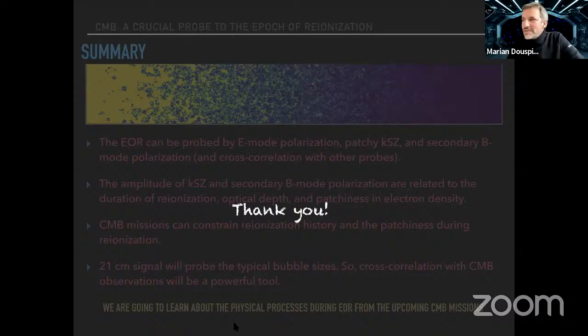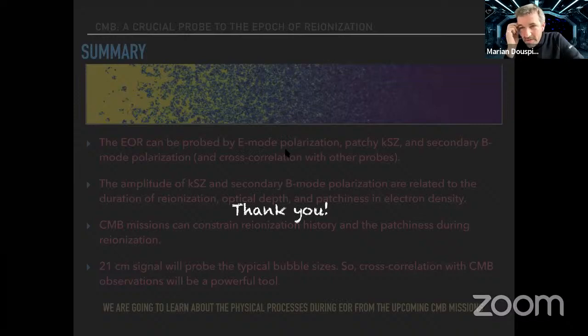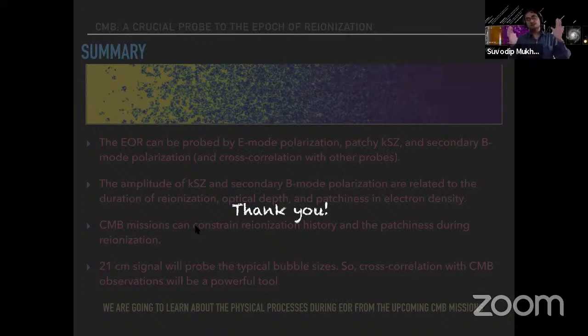There's at least one question on the Zoom, just about the definition of your delta z. How do you define delta z? Oh, okay. Sorry about that. It is measured from when the universe is 25% ionized to 75% ionized. That's the typical width which I mentioned. With the same region, we also define the bias parameter, constrained with respect to the same seed of the initial conditions and the cold dark matter properties. So depending upon this width, some of the bias parameters or the results may slightly change, but not much.